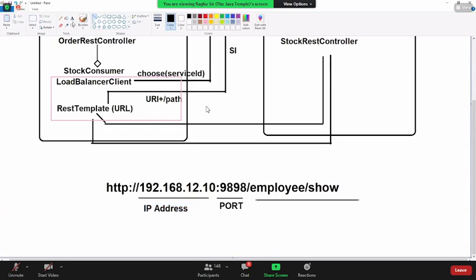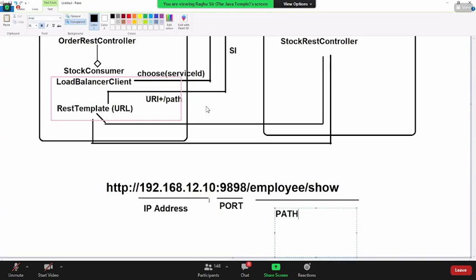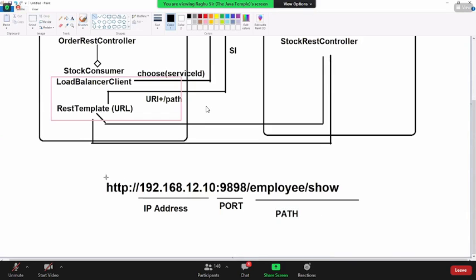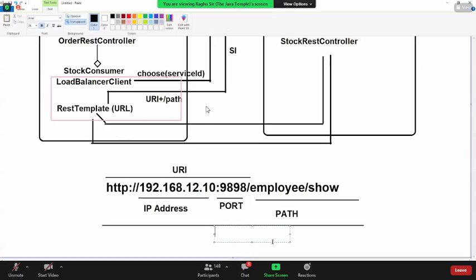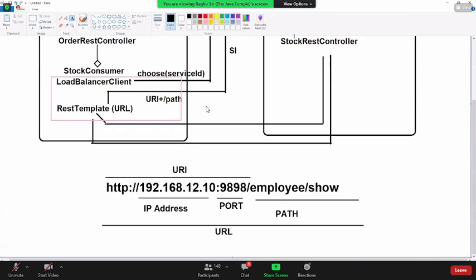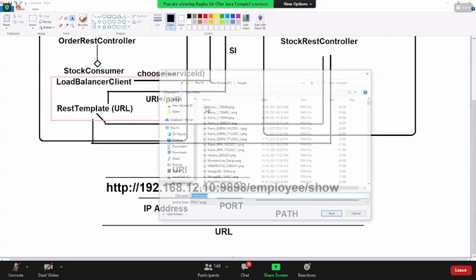This is the path. If you look here, up to this port is called the URI. The total is actually called the URL. If you move the application from one server to another server, your path is always fixed. URI and URL should never be hard coded.